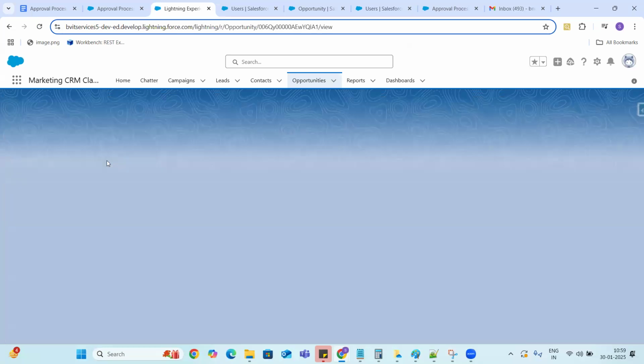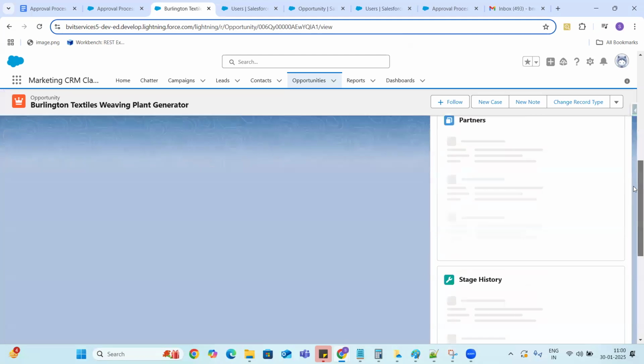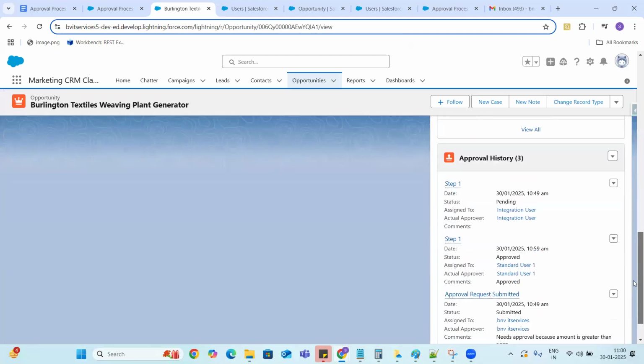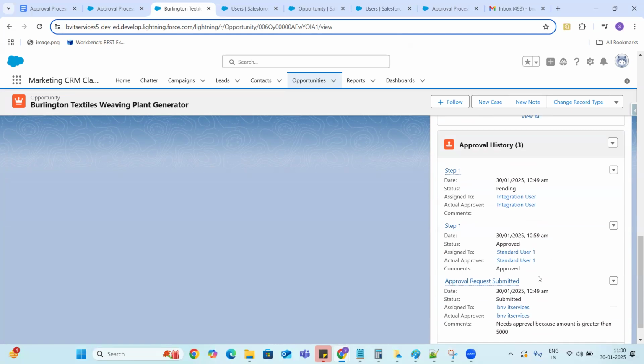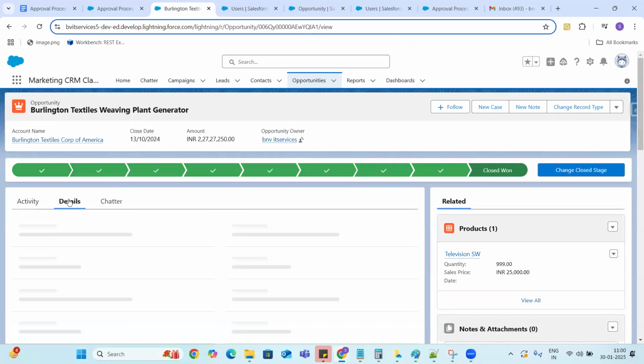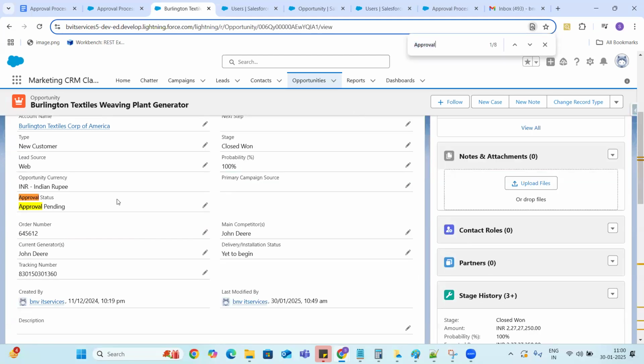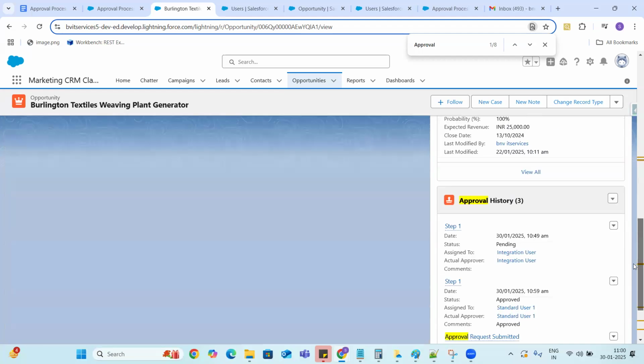We'll just see what happens in case of single approval. There are two persons. Out of it, one person has approved our record. In the approval history, if you see, standard user one is approved. This is pending for this user. And if you go to the details and see the approval process, it is still saying pending because in the approval process, we have configured that both the users should approve. Then only it will go to the final approval completed.